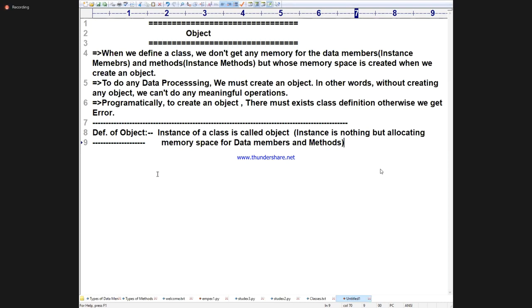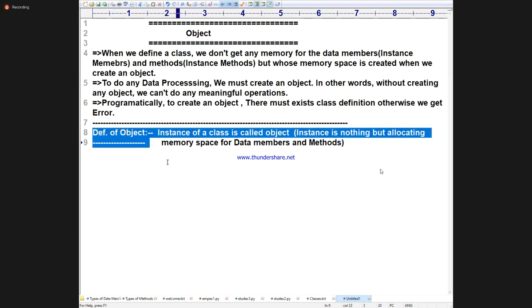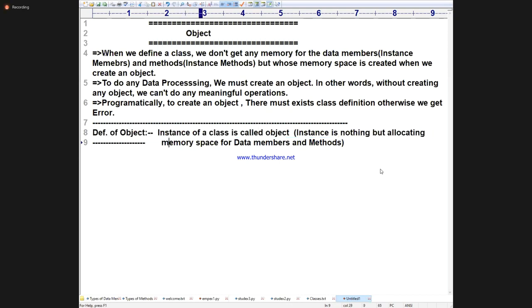So, yes, Raj Singh, you can answer this question. What is an object? If anybody asks, you explain this first, then give the definition of an object. Directly we can't give it. What is the need of an object to explain? When we define a class, we don't get memory. Facing an interview is also one art.